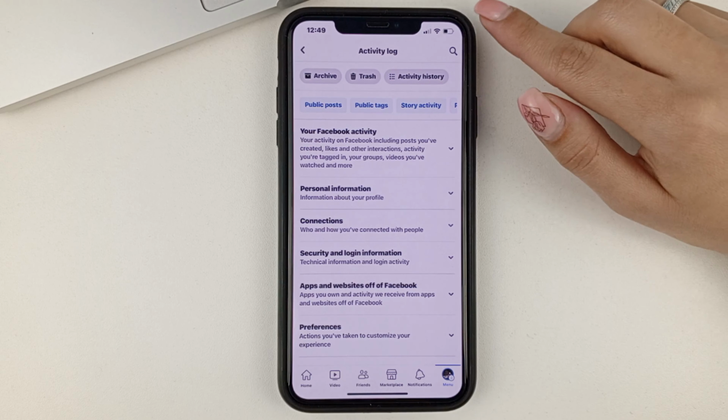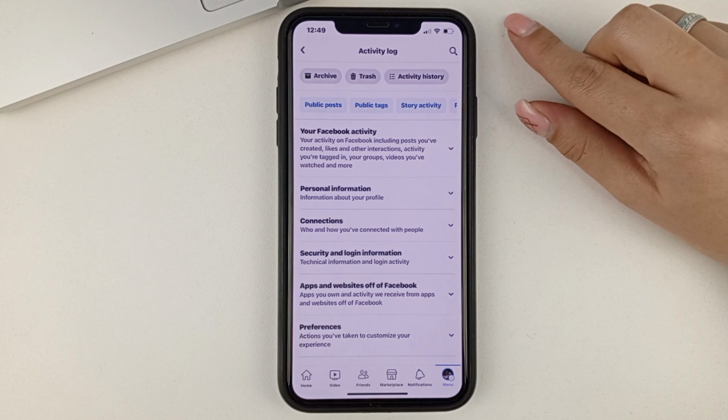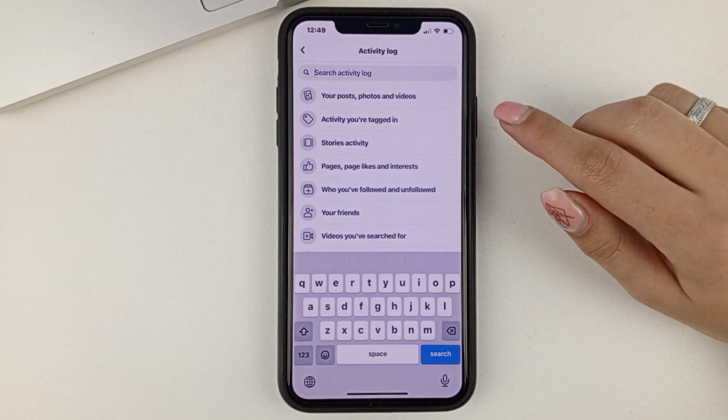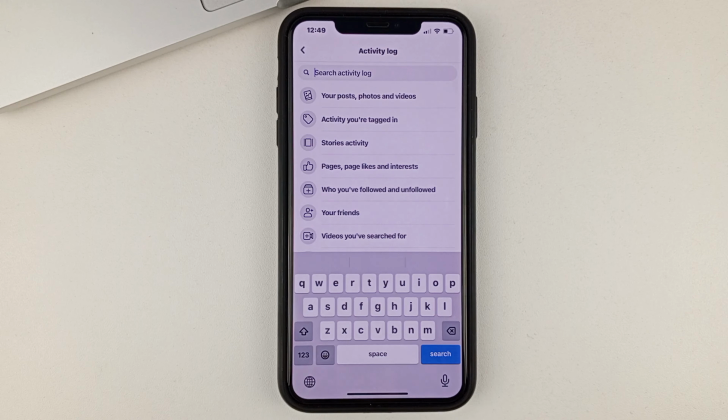And now we see in the top right corner, we have a magnifying glass for searching. We click on that. And now we need to type the word watch.